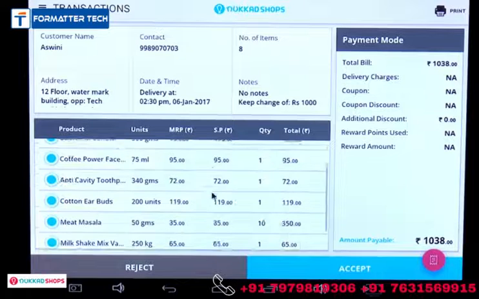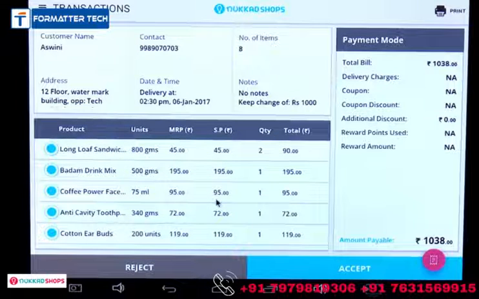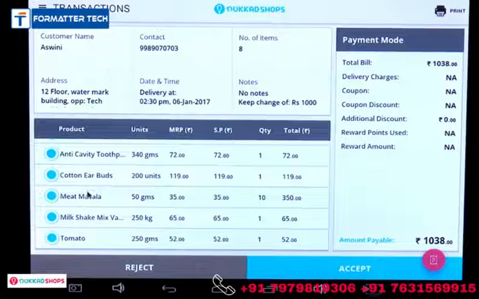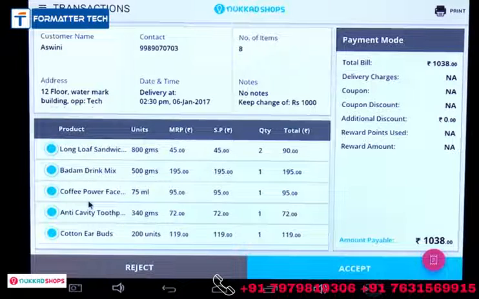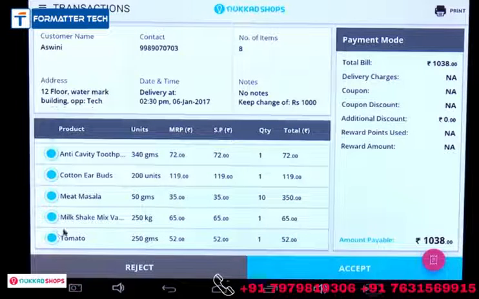Here we get to see the list of items which have been ordered, and we need to first check the list and confirm whether all these items are available at our place. Let's say that tomato is not available and accept the order. Here we have accept and reject button as well. Based on the delivery time, if we can't deliver that particular order, then we can reject the order